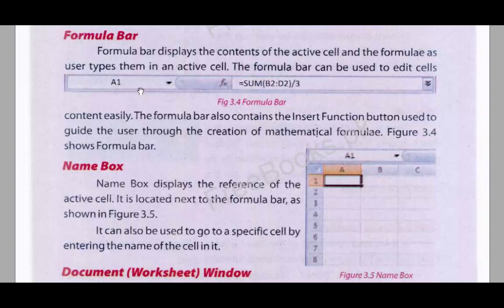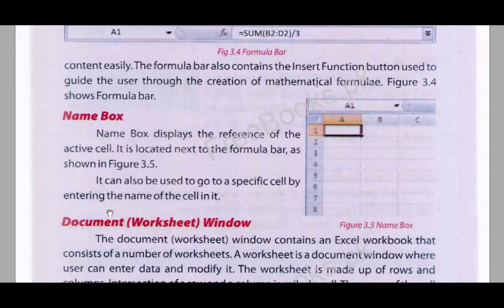It is adjacent to the formula bar. It can also be used to go to a specific cell by entering the name of the cell in it. If I type Z123 in this box, it will take me to column Z and row 123.